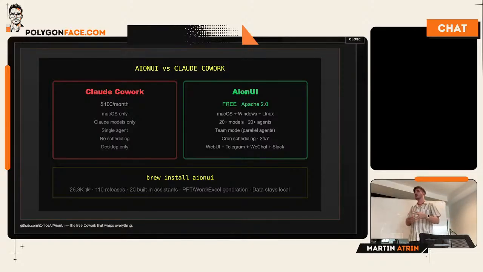I know that when I was doing research for my colleagues in China, Lark was the number one thing. Everybody was using Lark. So a connection to Lark, it's a Chinese project, therefore most commonly used tools over there are integrated with it. It does have cron scheduling, and you can deploy a part of the runtime on remote,